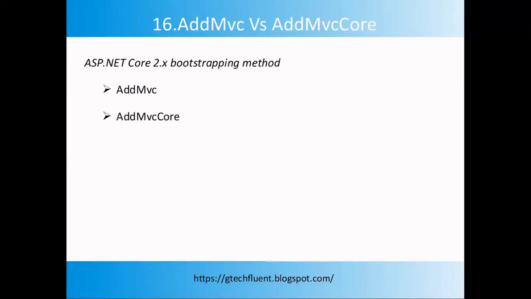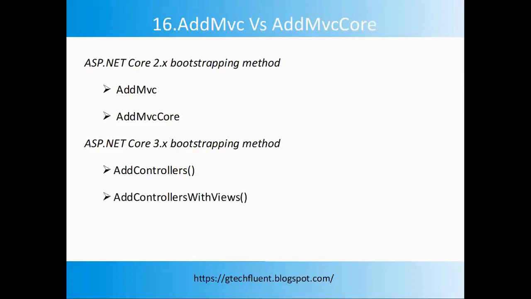In short, we can say the IServiceCollection interface provides the two methods to set up the MVC in ASP.NET Core application. In ASP.NET Core 3 and above version, three additional methods are added to set up the MVC application. The first one is AddControllers. So AddControllers adds the dependencies which are required for the controllers only. So it will not add the views into your application. This method is mostly used for API development, because for this you don't require the views, but the formatter, the authentication, and the authorization things are required, which are registered under this AddControllers method.